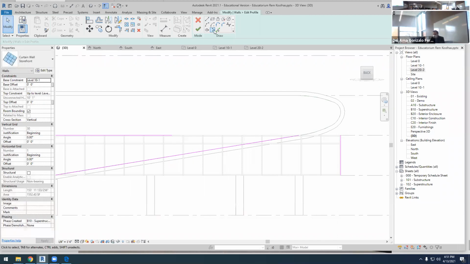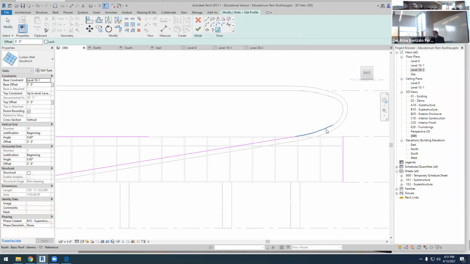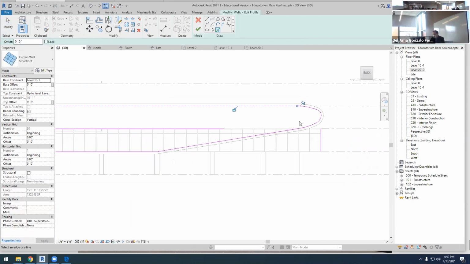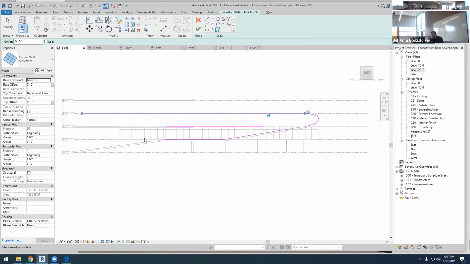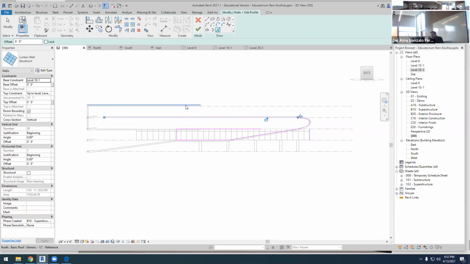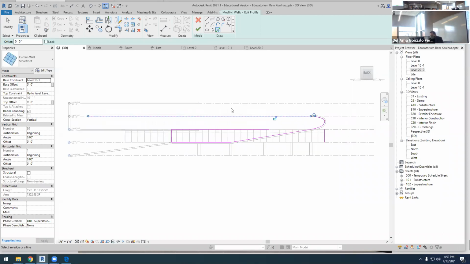What happens here? I would use the pick lines, because if I choose this and this and this and this and that, now I'm sure that this element is matching the shape. So I'm going to do something crazy. I'm going to create this as one piece. I don't know if it will work,